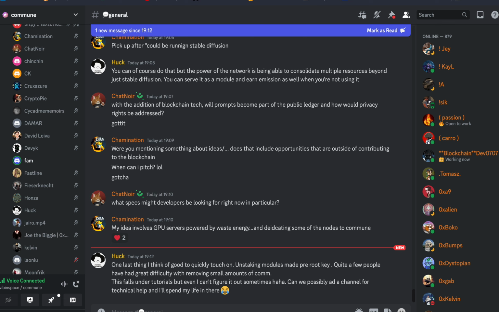One last thing I would quickly touch on. We have multi-unstake functions. I know this is a big common concern and issue. To solve it, when you have staked modules, you would essentially need to unstake all of your modules and then transfer them back to your key.